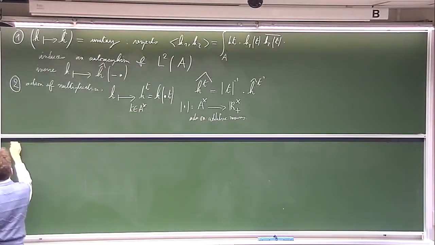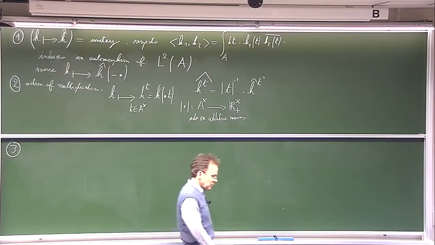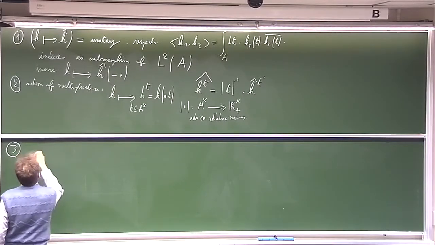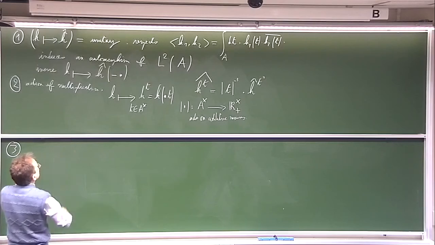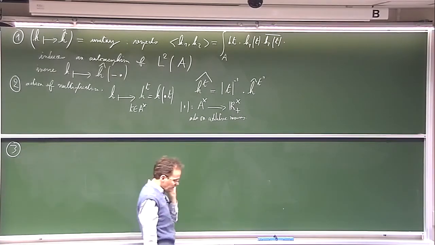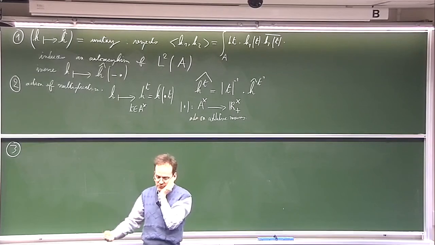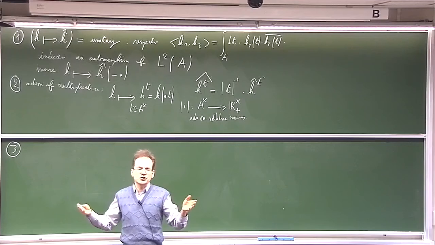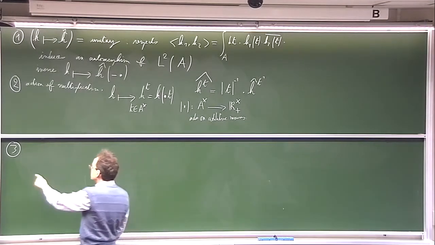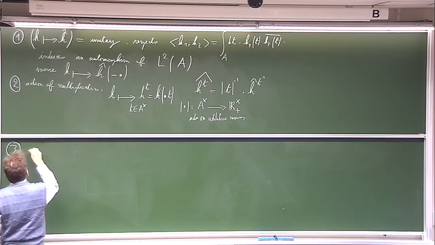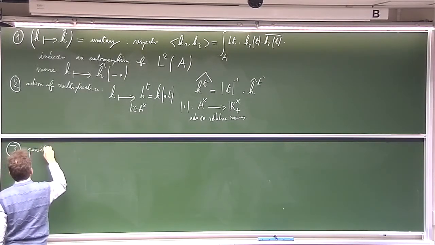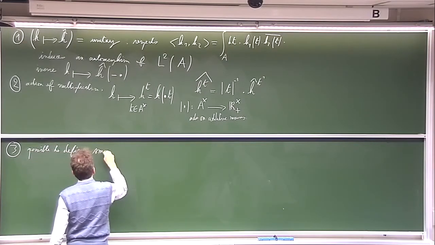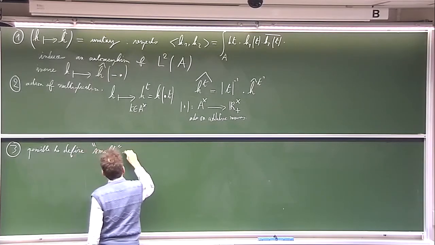Then the third type, which is also very important. Here we have said the first property is that the Fourier transform defines an automorphism of the space of square integrable functions, but this space is huge. In some sense, it is too big. So the third property consists in saying that it is possible to define small spaces